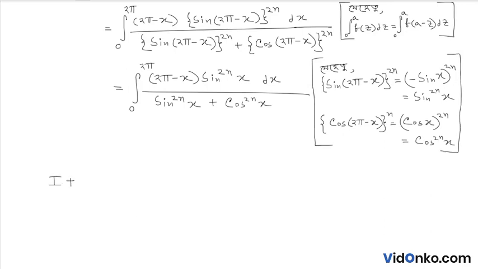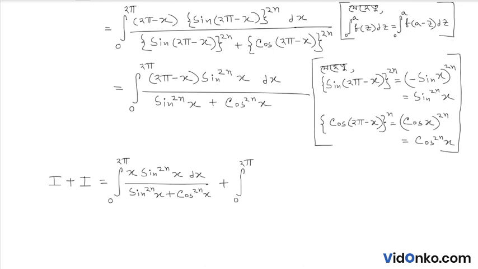I plus I equal to integration 0 to 2 pi x sin to the power 2n x by sin to the power 2n x plus cos to the power 2n x dx plus integration 0 to 2 pi, 2 pi minus x sin to the power 2n x by sin to the power 2n x plus cos to the power 2n x dx।